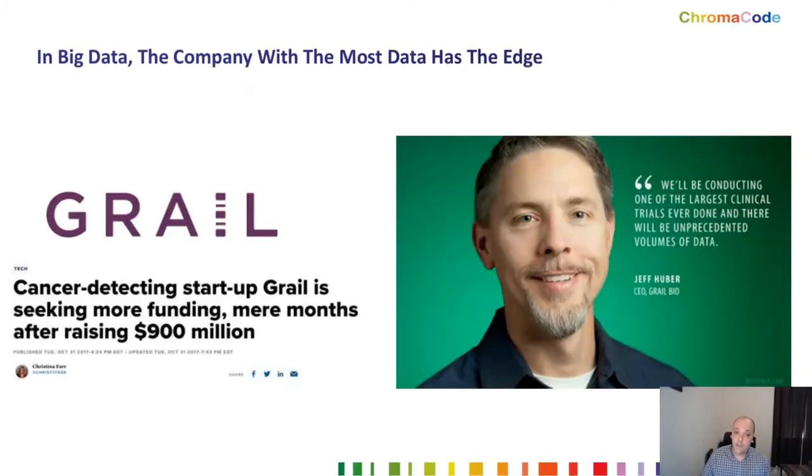The key thing here, though, to understand is what this means: in big data, the company that has the most data is the one with the edge. An example here is Grail, which has done a fantastic job looking at many, many samples and trying to understand how to detect cancer early using just the DNA that's in the blood and looking at markers that are in there. This was a huge fundraising process to get in there and get tons of samples and look at a lot of data